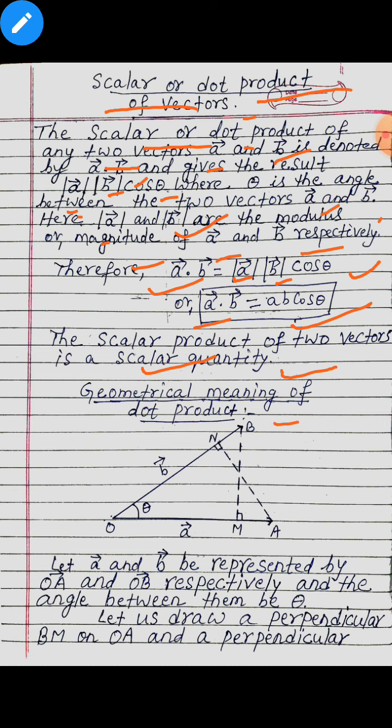Now, geometrical meaning of dot products. What is the geometrical meaning of dot products? Let us see. Let A vector and B vector be represented by OA and OB respectively, and the angle between them be theta. This is the angle between A vector and B vector. Now let us draw a perpendicular BM on OA and a perpendicular